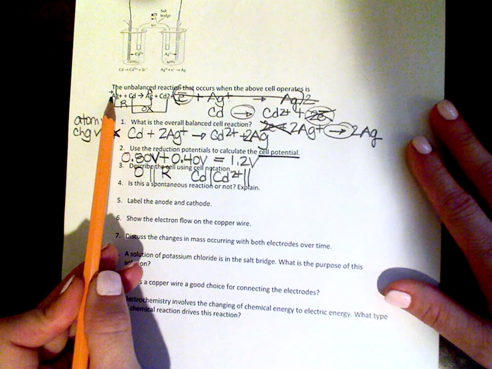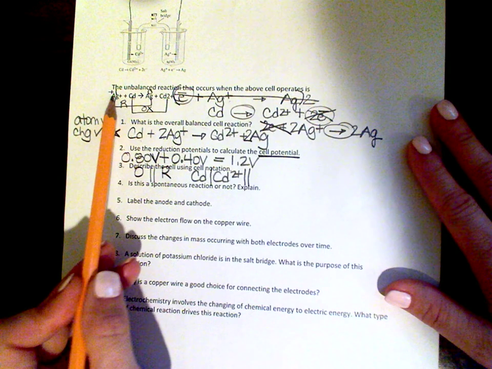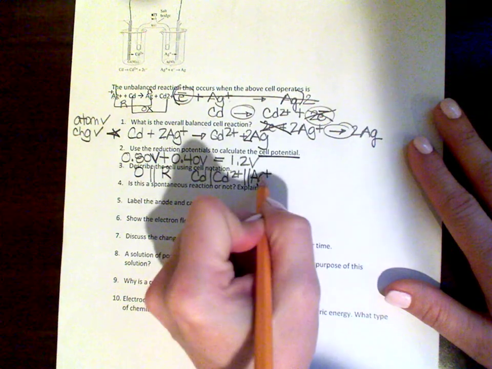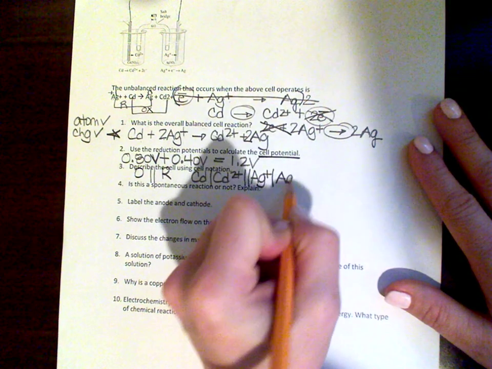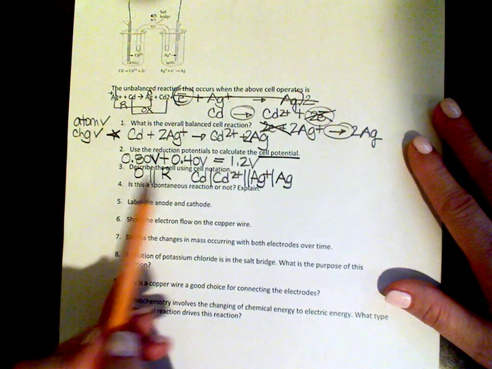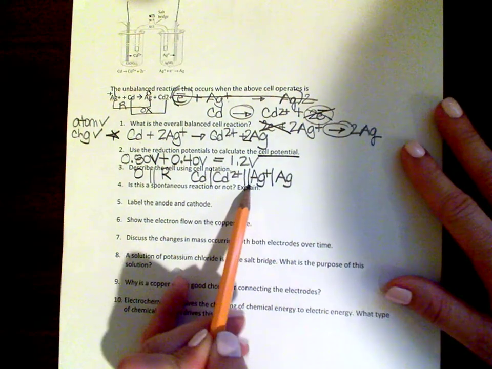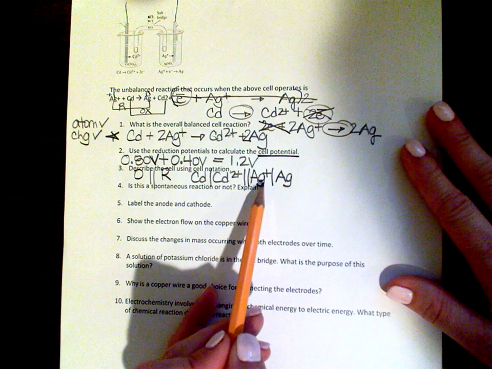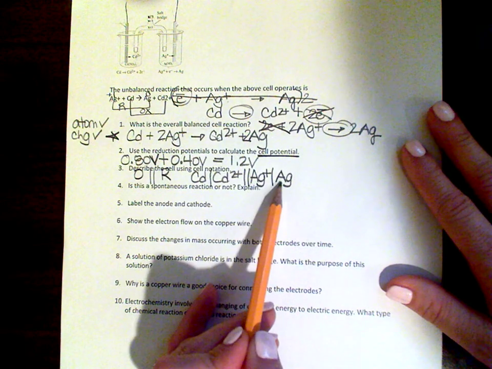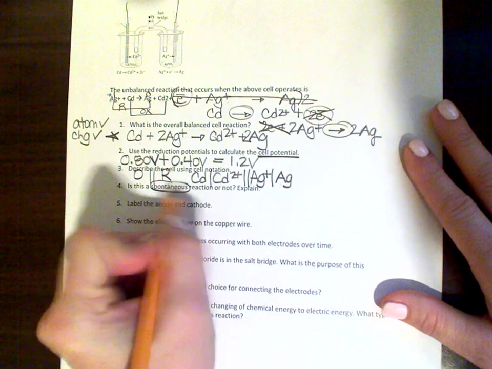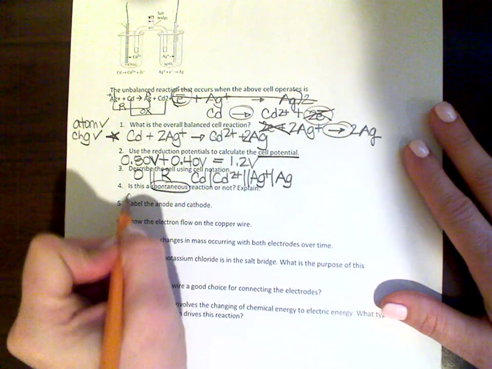The reduction reactant is Ag+, and the reduction product is going to be Ag. Again, this is just oxidation reactant, product, double line representing the salt bridge, reduction reactant, product. All right, this is spontaneous, and that is because our overall